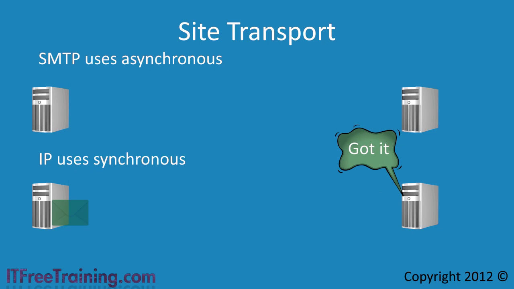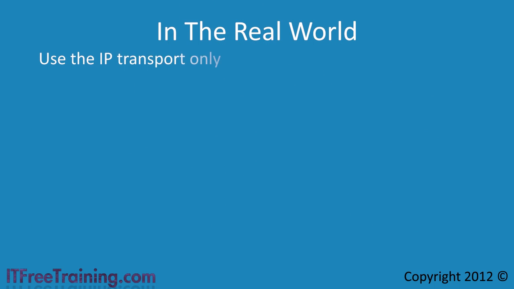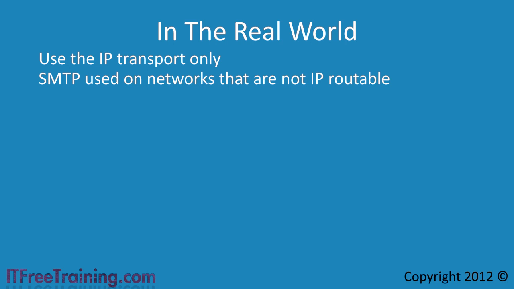With network speeds getting better and more reliable, in the real world, I would just use the IP transport for your site links. In the old days, SMTP transport was used mainly for networks that were unreliable or not directly routable using the IP protocol. Nowadays, with the IP protocol being the default protocol used in computing, there is unlikely to be a need to use the SMTP protocol on the vast majority of production